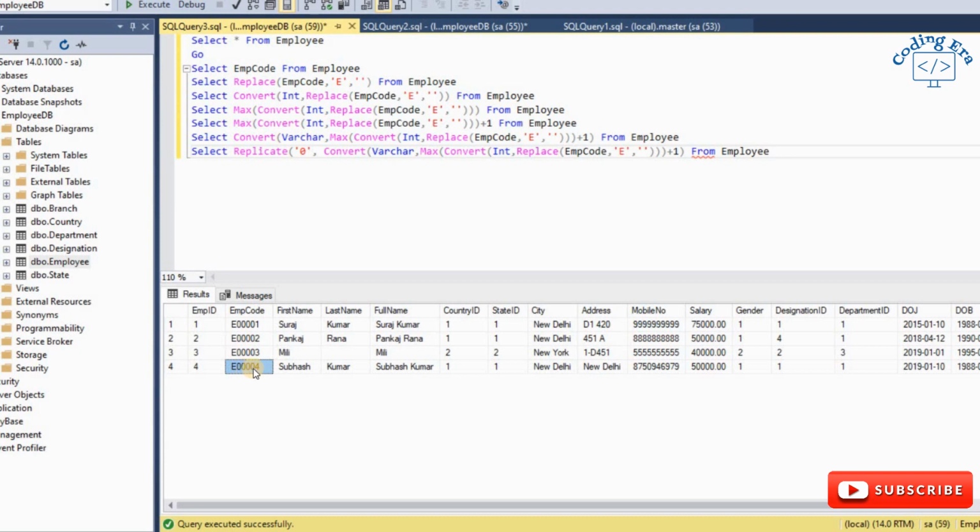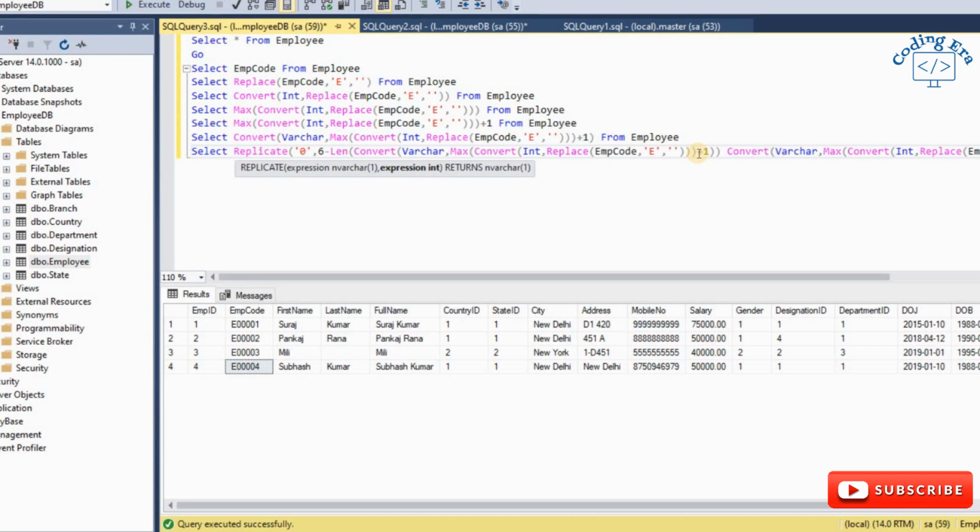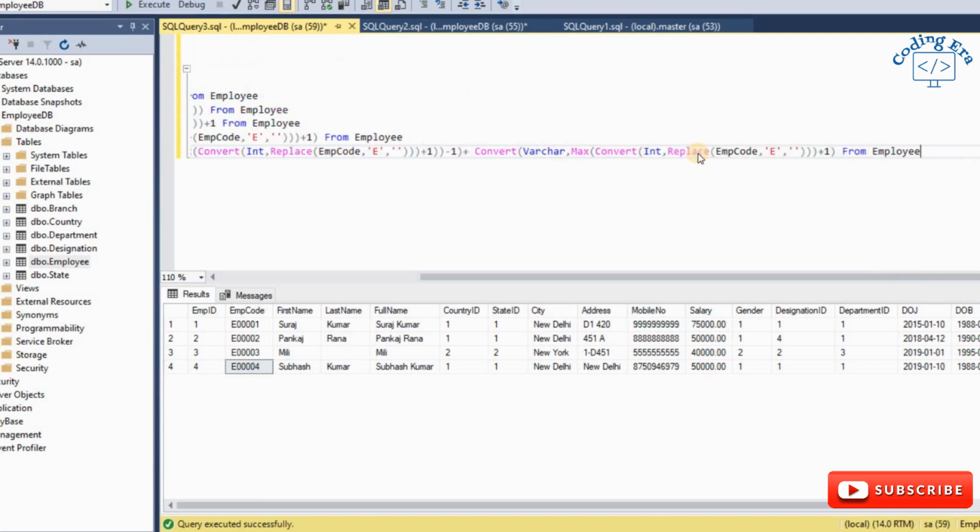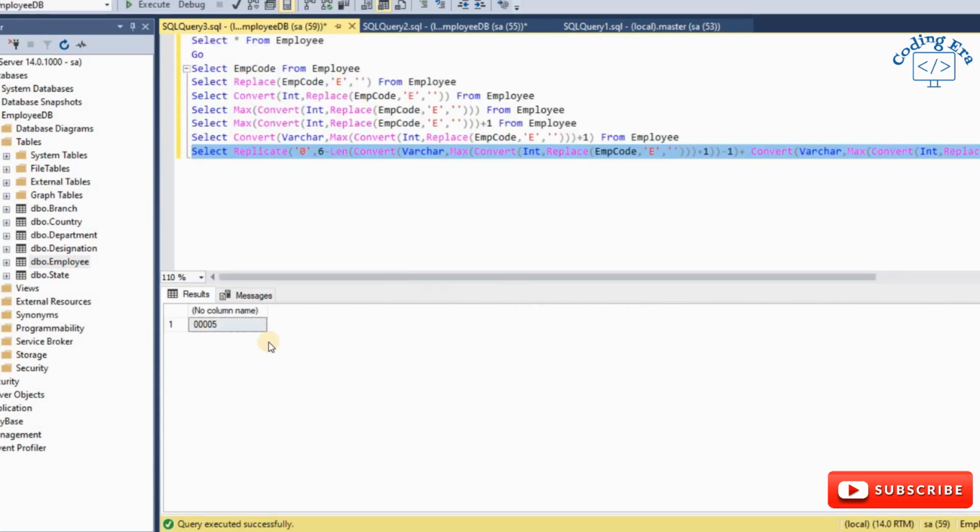So the length of this column is 6, and we will replicate here 6 minus the length of the result, minus 1. When I execute this query, you can see here I am getting 4 times 0 and 5.